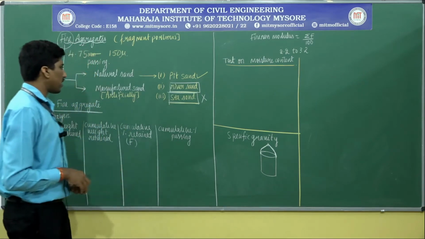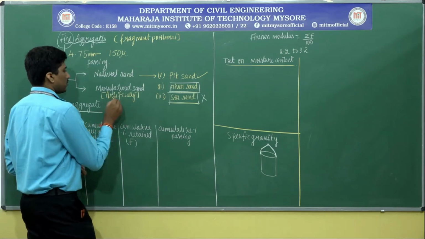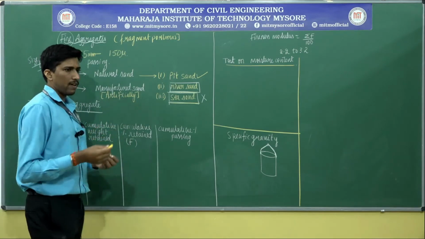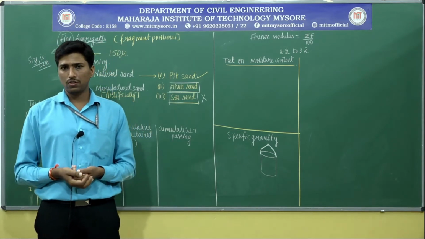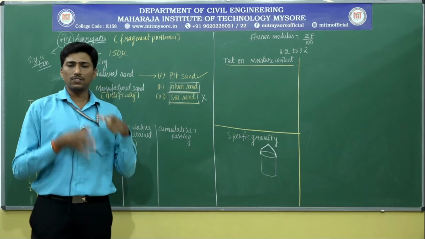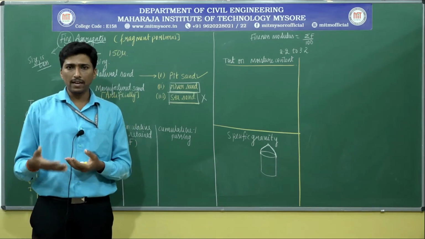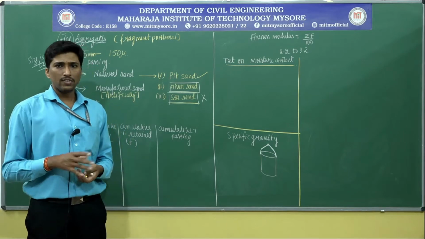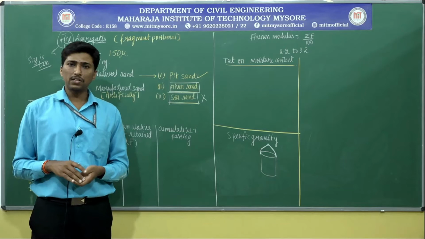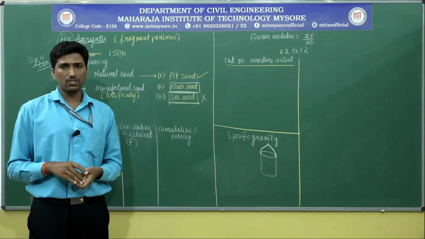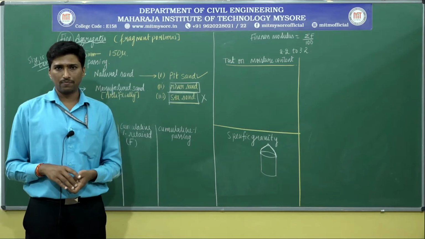Moving on to the next thing, artificially manufactured sand. We also call it sand which is prepared, manufactured by crushing of the stones. Weathering is a natural process. If you crush the stones and make them into a grain size equivalent to that of the aggregate as per the Indian Standard specifications, then we call it a manufactured type of sand.